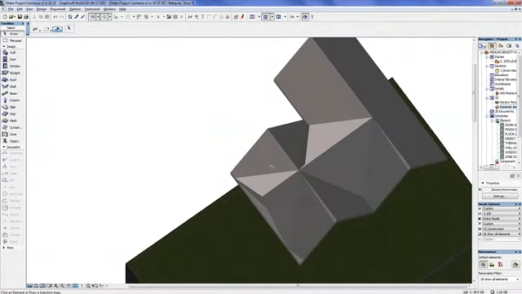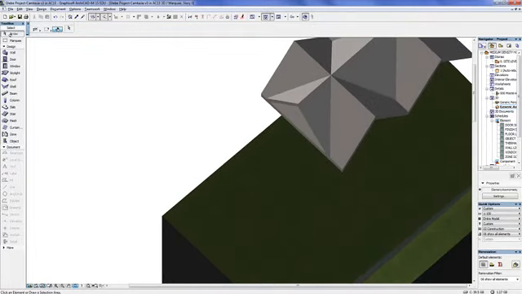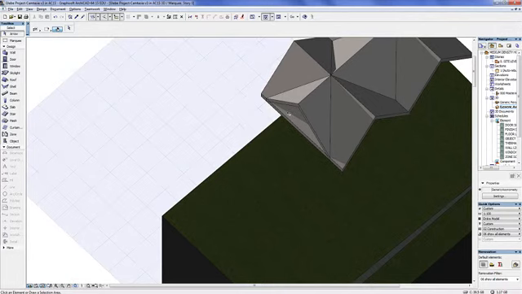Okay, so the next thing that we're going to do is just attend to, if we're just orbiting around in here, what I'd like to do is actually remove this part of the roof. So to remove this part of the roof, we need to go back into plan, so press F2. And then I'm going to select this roof and then click on the black dot and select this icon, which